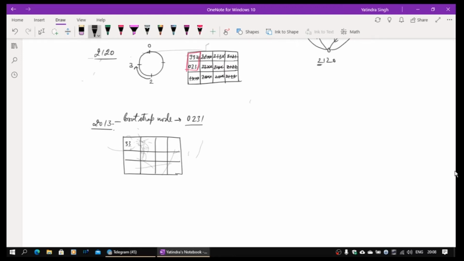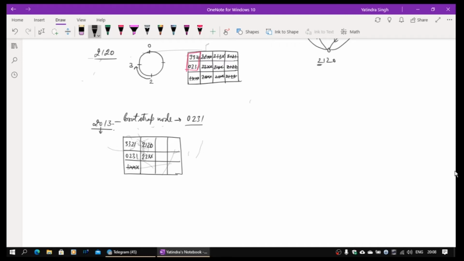So 3321 will be present. Then 0231 will be there. There is no entry with 111. So this will be crossed. So it will then also come to know of 2120. So 2120 has to be made somewhere. So it will be coming. 2120 will be coming, because this is immediately after 0 the 1 will come.